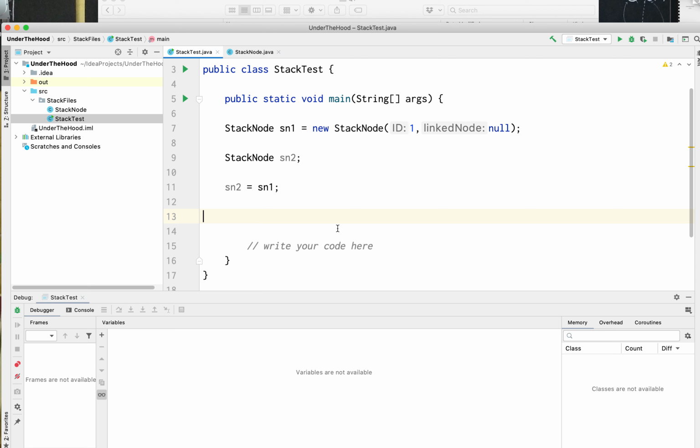What I'd like to do in this video is just show you some variations. Okay, I'm going to change the code a bit. I'm going to create two objects. The first stack node is SN1. Remember, there is no stack object here. This is entirely just individual nodes because I want to illustrate how we can link them up before we actually start linking them up. I'm going to create stack node 2 with an ID, but the linked node is currently